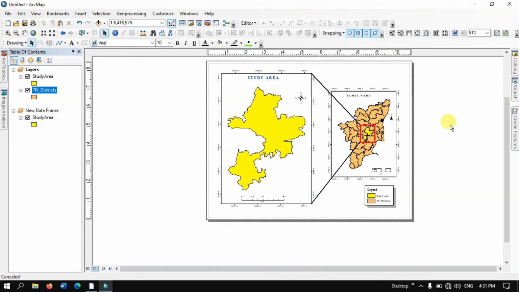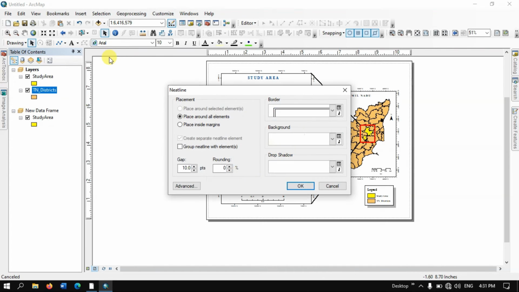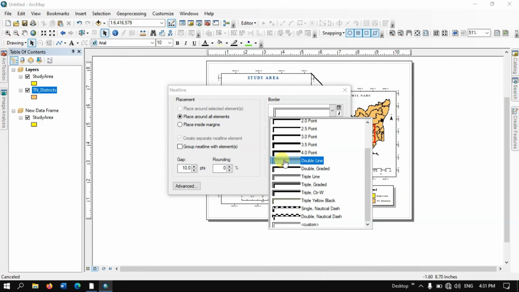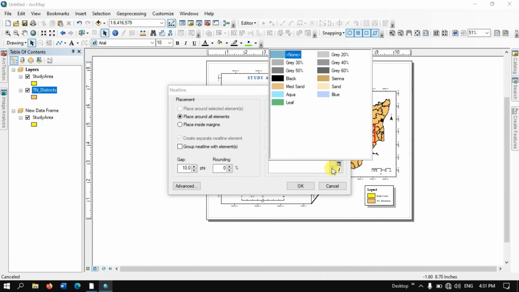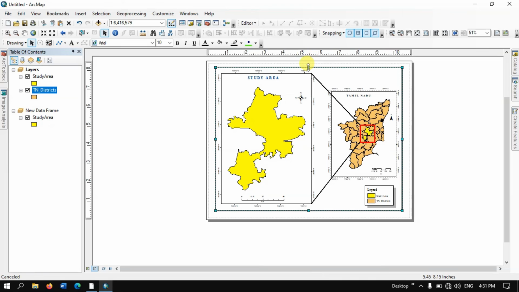Finally, we are going to add an outline. Once again, go to the option insert, and here you can see the option outline, and you can choose accordingly the border style. So here I'm going to use this border style. You can choose the background color for it. If you want, you can choose the shadow as well. So here I'm going to just select the border. This design I'm going to select, click OK, and you can see it has been automatically placed. If you want, you can just customize it. So likewise you can customize,